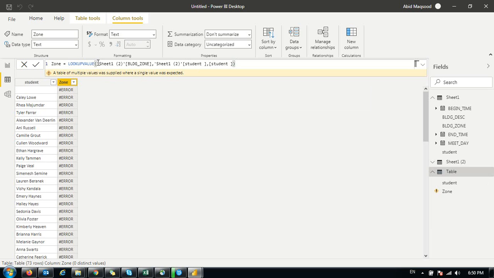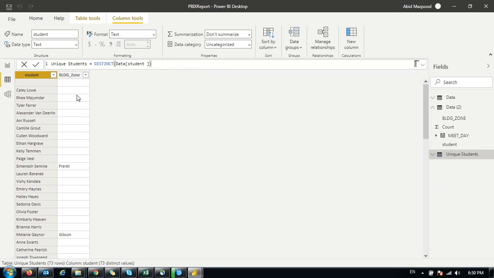Okay, it returned an error. Why is it so? Let me check it out. Sheet 2, comma student 1. Okay, I have used LOOKUPVALUE.